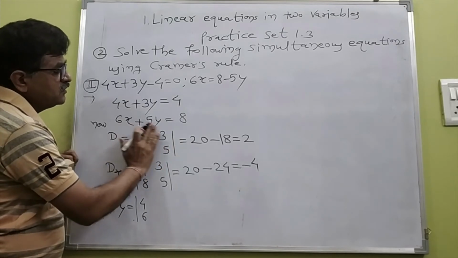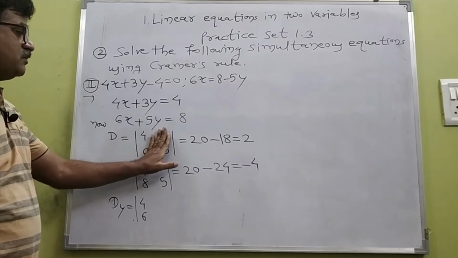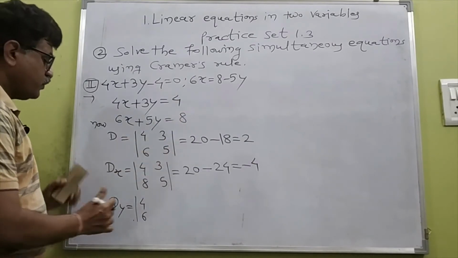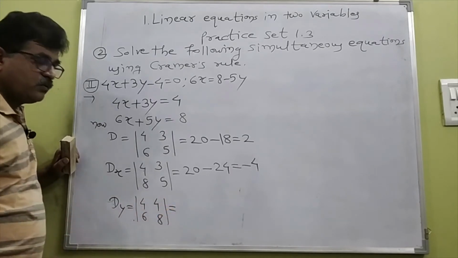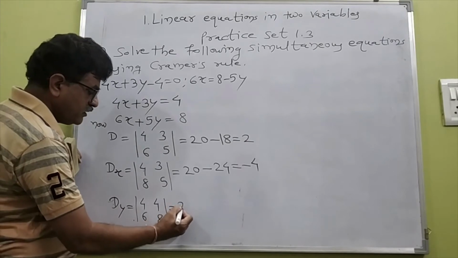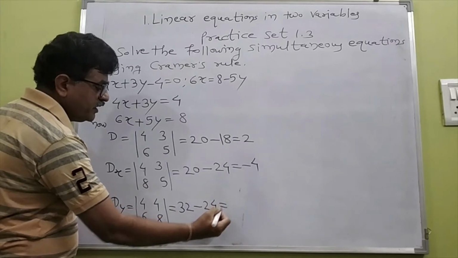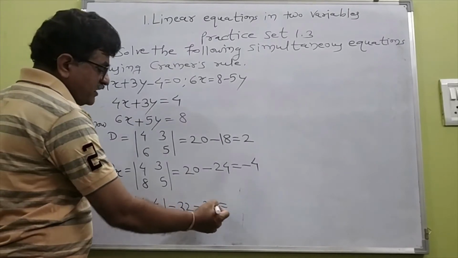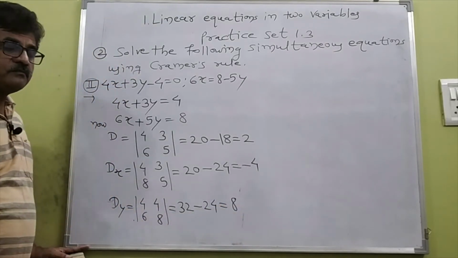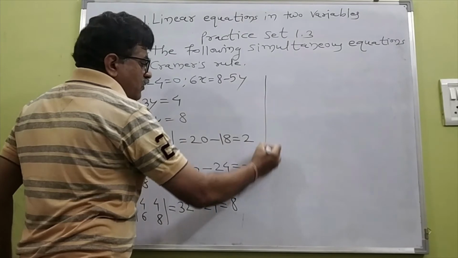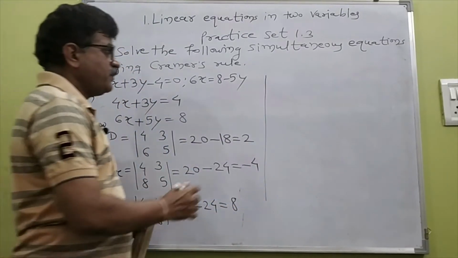Now for the second column, instead of coefficients of y, second column च्या ऐवजी काय लिहायचं, constant term 4 8 is equal to 4 into 8 is 32 minus 6 into 4 is 24, is equal to 32 minus 24, is 8. Now this is second step. Now third step, therefore by Cramer's rule,